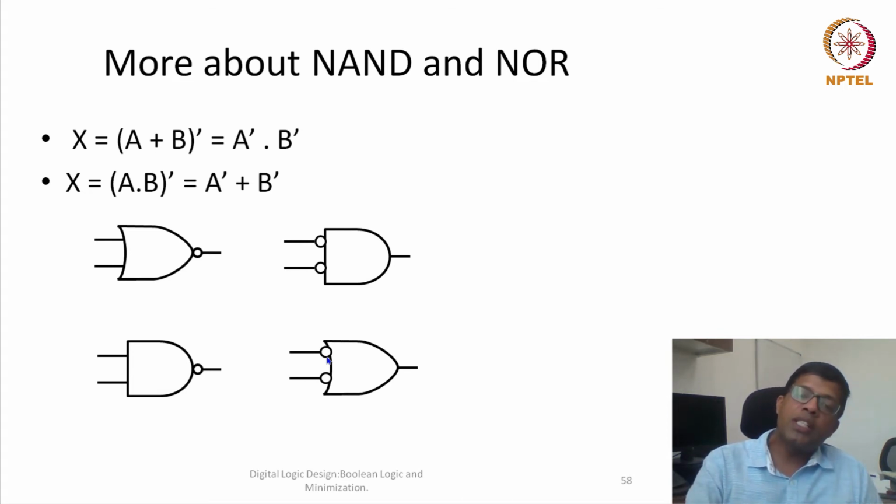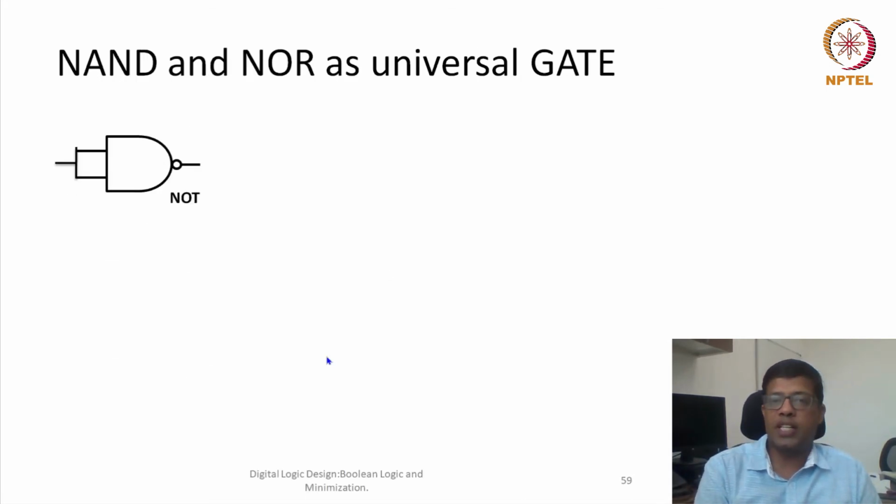So that's why these NAND and NOR gates are also called universal gates. What is the meaning of universal? So let's say we have only NAND gate which is there with us. So using only the NAND type gates, we can construct any number of digital logic, whatever digital logic is possible. So all of that can be designed, can be constructed using only NAND gates or only NOR gates.